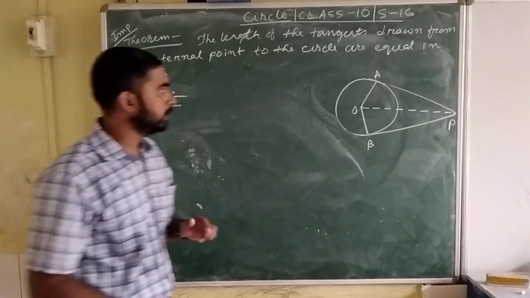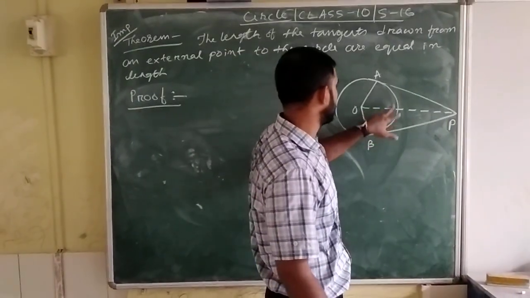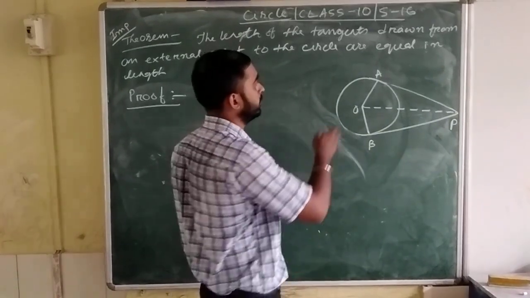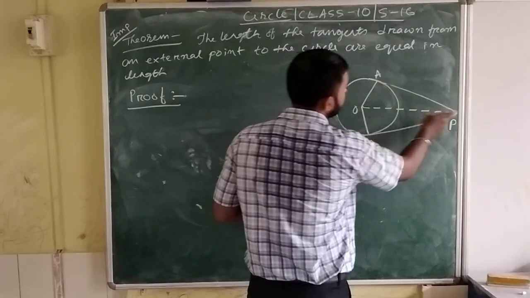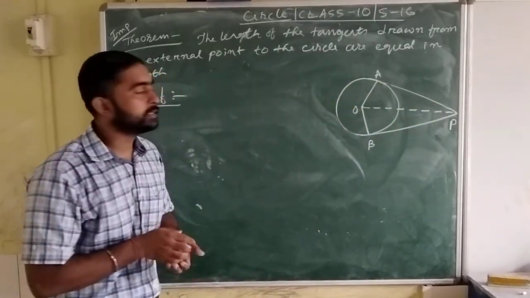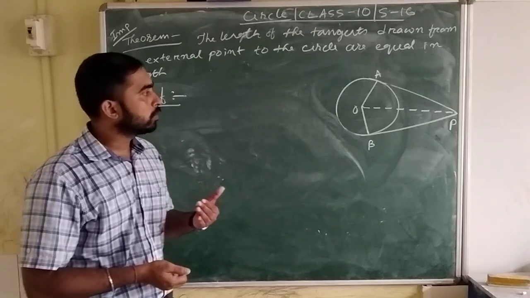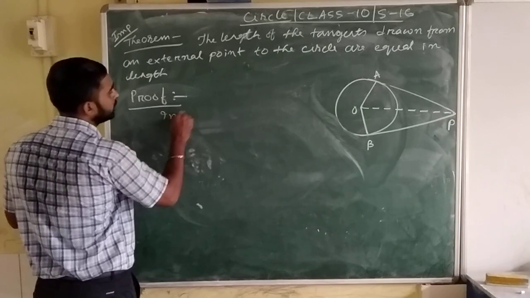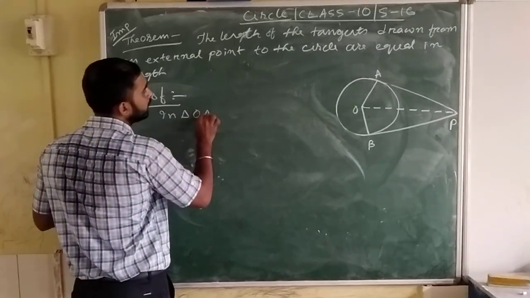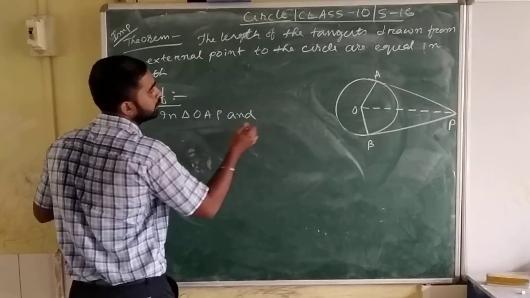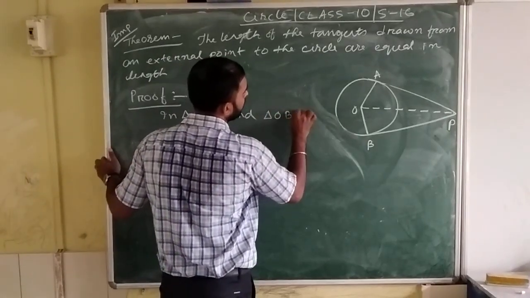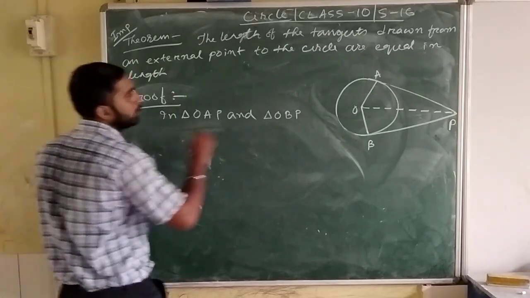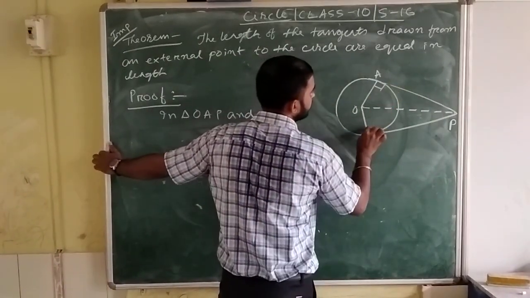So now here see, we have to prove that these two triangles are congruent. If anyhow we can show that these two triangles are congruent, then we can say that AP equals PB by CPCT. Now what is CPCT? CPCT means corresponding parts of congruent triangles. So in triangle OAP and triangle OBP,